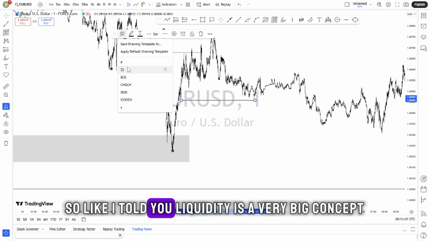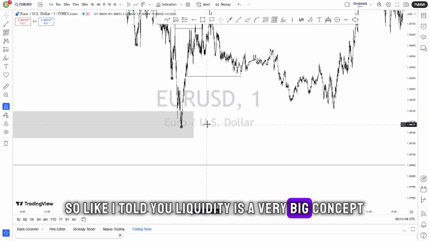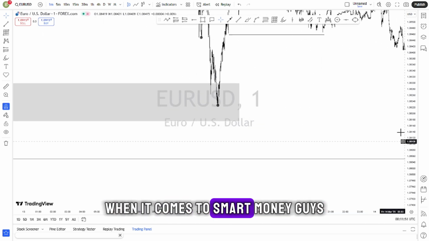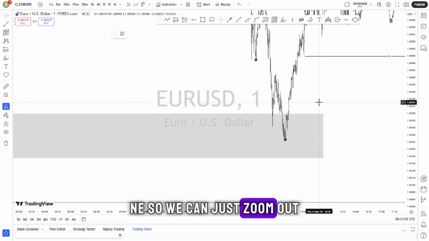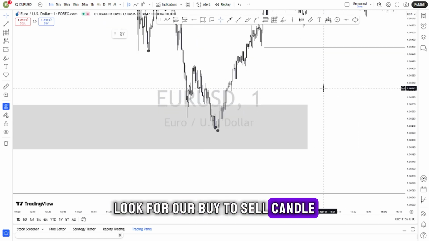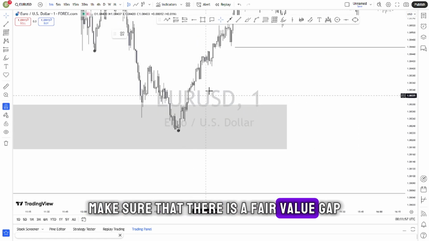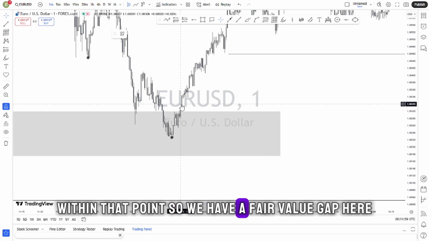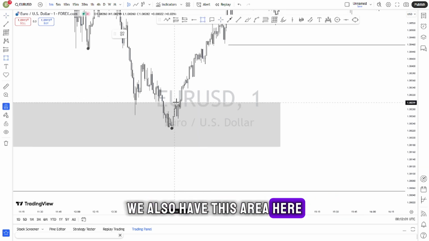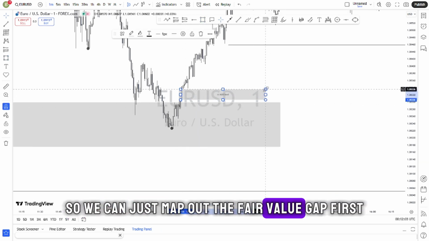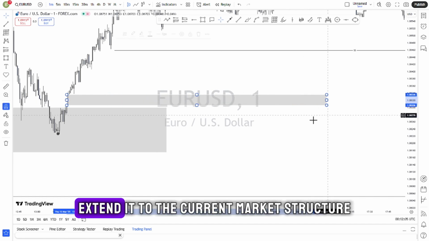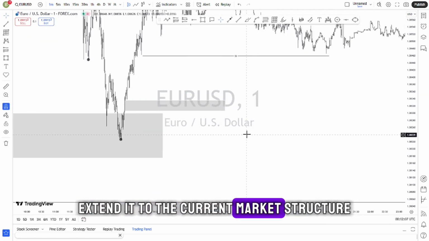So like I told you, liquidity is a very big concept when it comes to smart money, guys. So we can just zoom out, look for our buy to sell candle, and make sure that there is a fair value gap within that point. So we have a fair value gap here, we also have this area here. So you can just map out the fair value gap first,